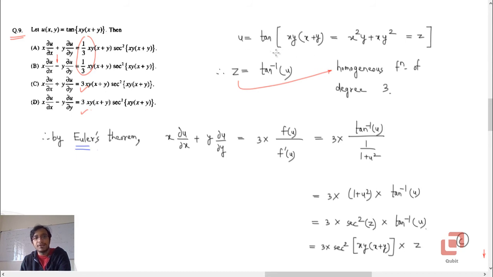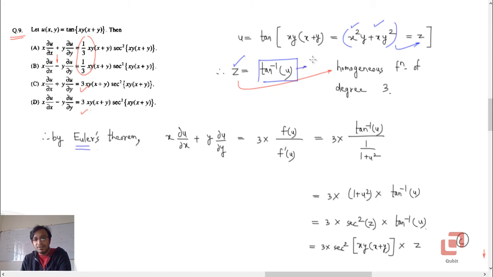We've got the function u, which is tan of xy into x plus y, so opening the bracket, it will be x squared y plus x y squared, and this is a homogeneous function. I'm going to call it z. Now, if z is a homogeneous function of degree 3, you can apply Euler's theorem on it. So z is tan inverse of u,